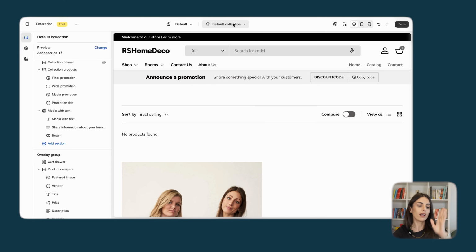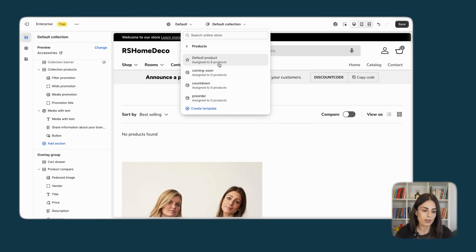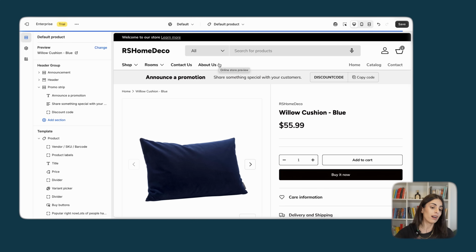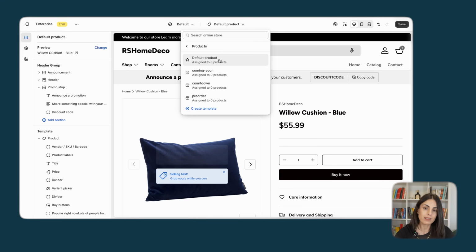So from your editor, again, you go in here to your product and you go to default product. Again, I'm not going to talk about product page templates. It's a very big topic, but again, you can create different layouts for your products depending on your product type, for example. Let's say you sell bags and shoes. You can have different product page templates between your bags and your shoes using templates. If you want to know more about this,